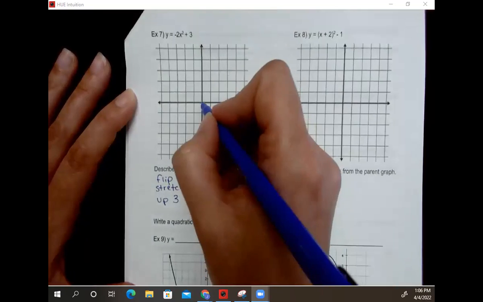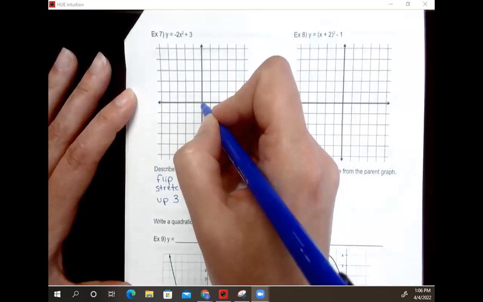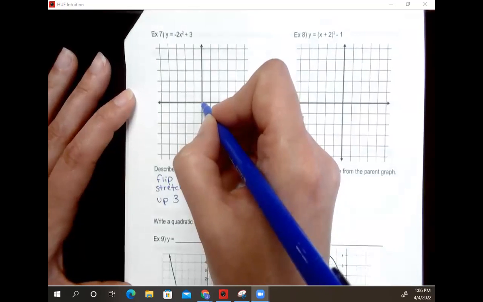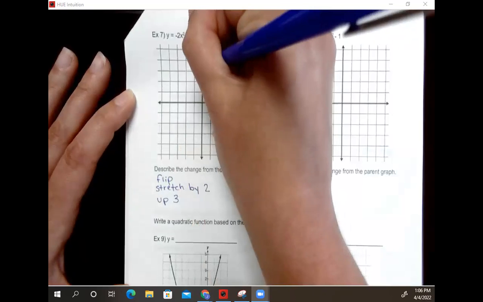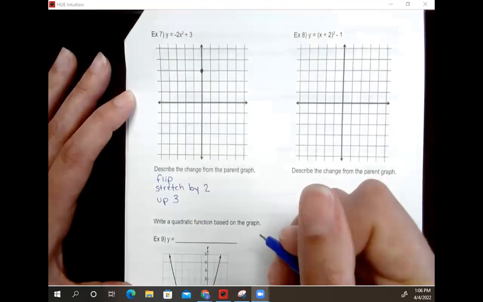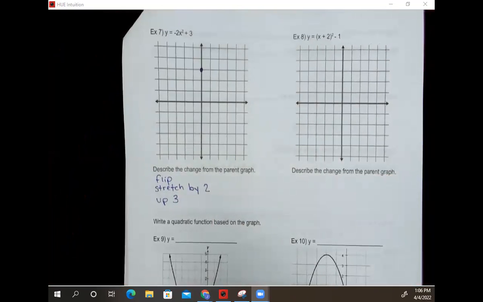So I'm going to start by moving my vertex where it belongs. Normally it's at the origin, or I should say for the parent graph, it's at the origin. But this needs to be shifted up 3. 1, 2, 3. We're not moving left or right any, so I can go ahead and place my vertex there. Now, these other changes that I'm going to make, the flip and the stretch, are going to impact the shape